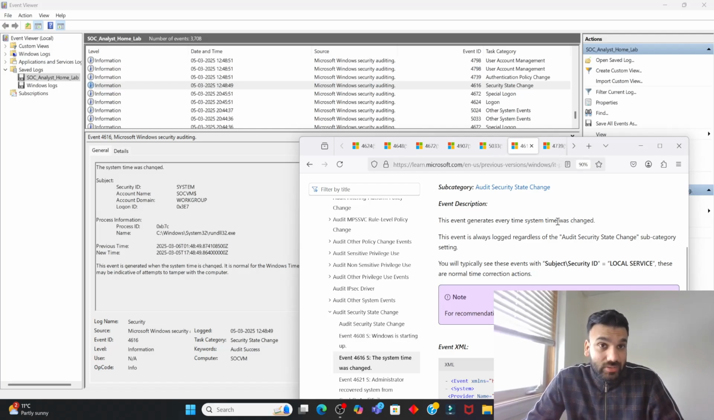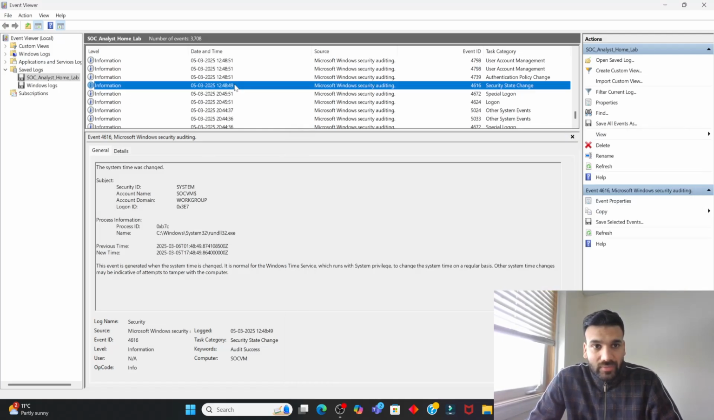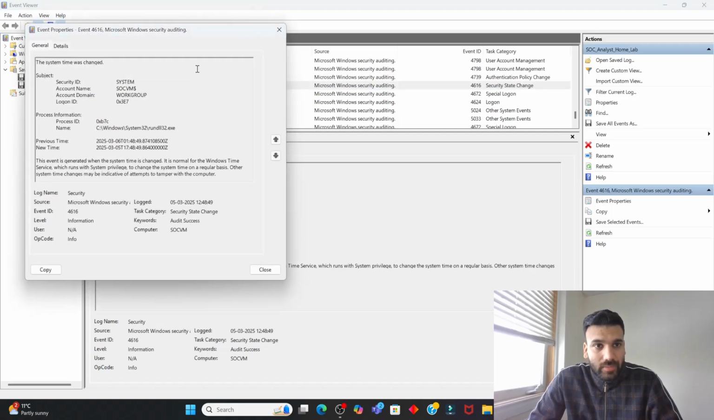So that is particularly suspicious activity, because often attackers get into the system and for some reason they want to change the time of the computer to hide their malicious intents, right? So by event ID 4616 it can be detected. So here, as you can see, if I open this particular log,